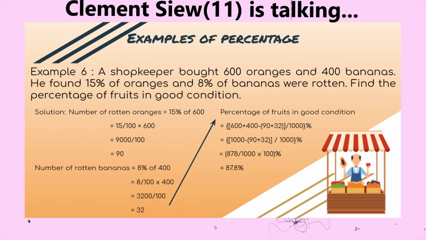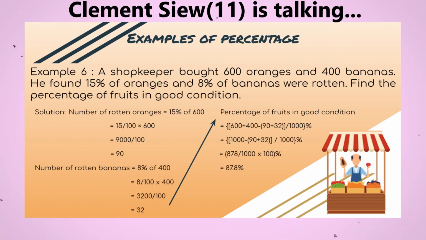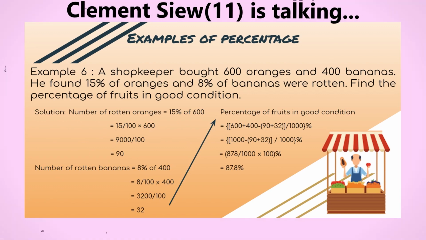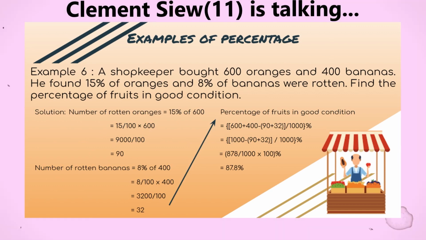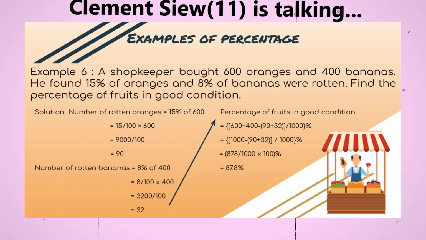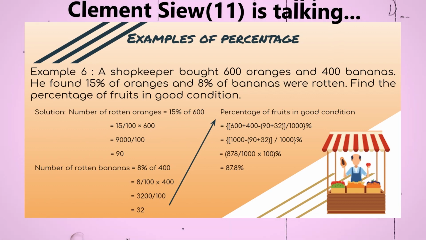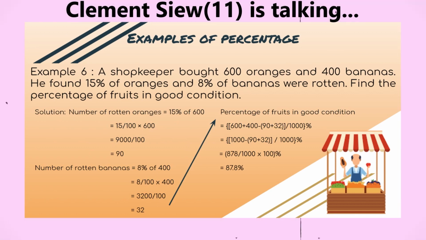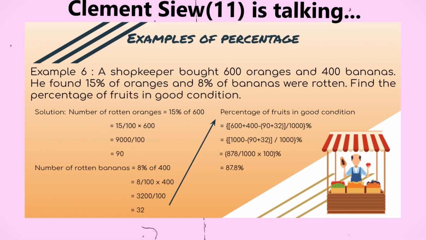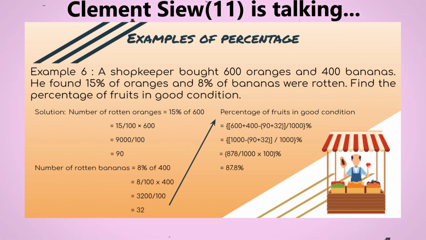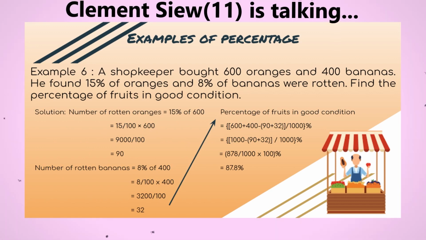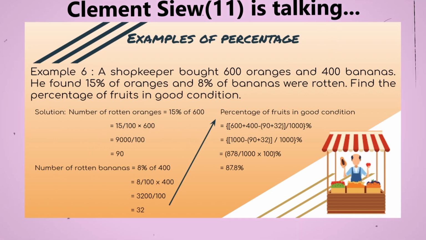Number of rotten oranges, 15% of 600 equals 15 over 100 times 600 equals 9,000 over 100 equals 90. Number of rotten bananas equals 8% of 400 equals 8 over 100 times 400 equals 3,200 over 100